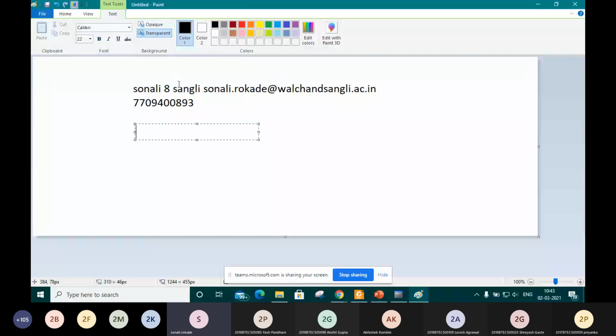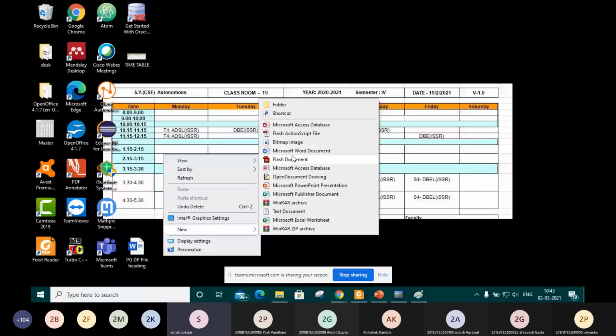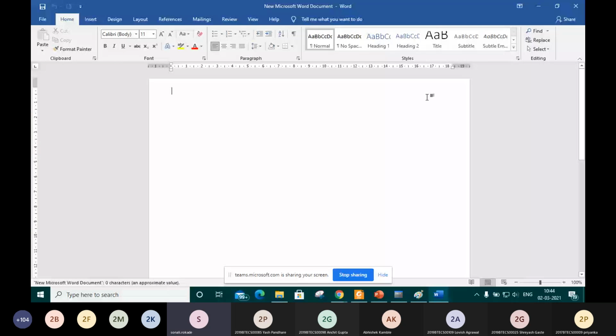So for that purpose, we have to make our data simplified. How will we simplify it? We create one table.